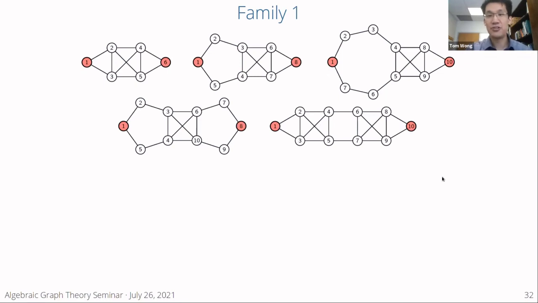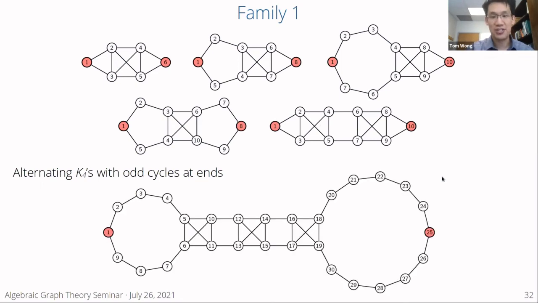So you might ask, can you generalize it where you have some number of K4s in the middle with odd cycles at the end? And it turns out, yes. So here's an example. Basically, I wrote code to generate these for whatever size you want, and I simulated them. For all the ones I simulated, you have equivalent quantum walks if you start at one of the 2 ends. So here's an infinite family of graphs.